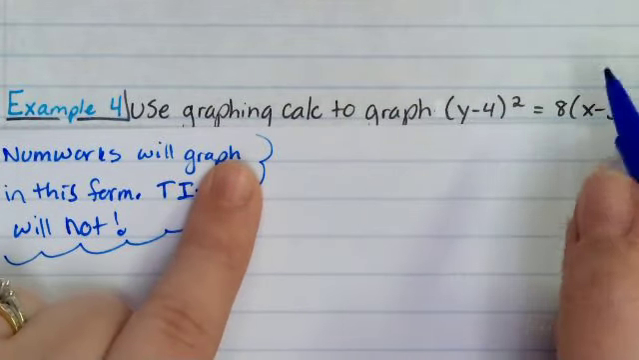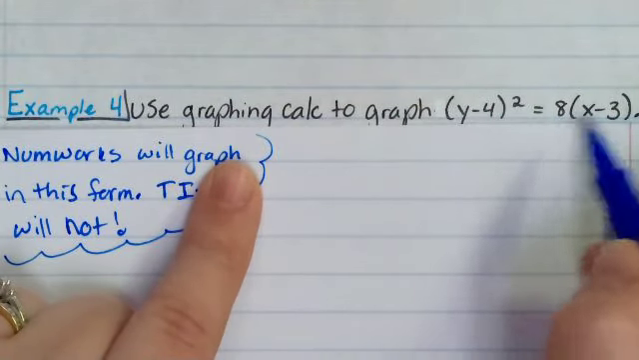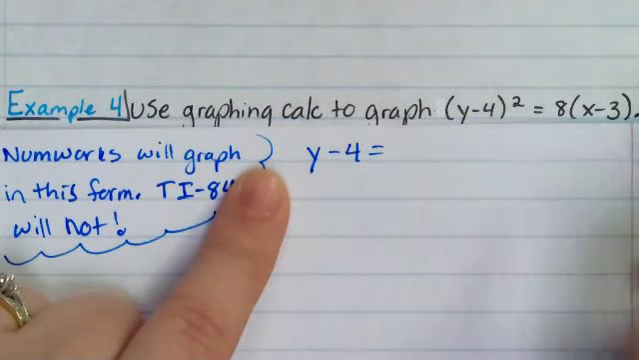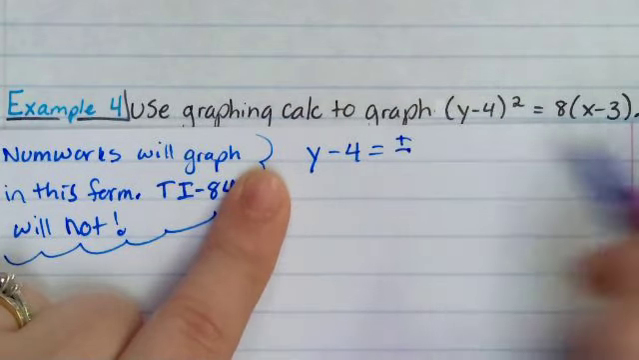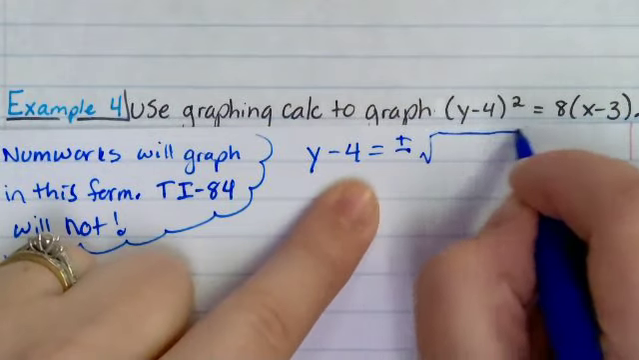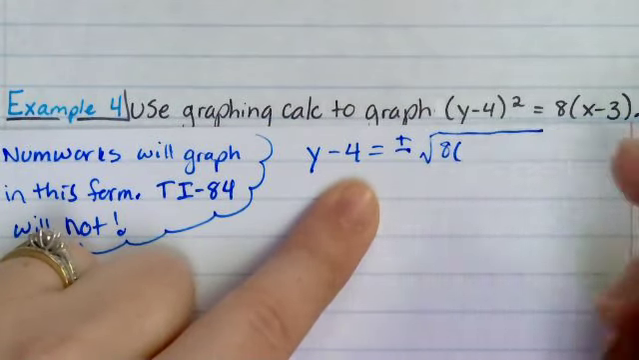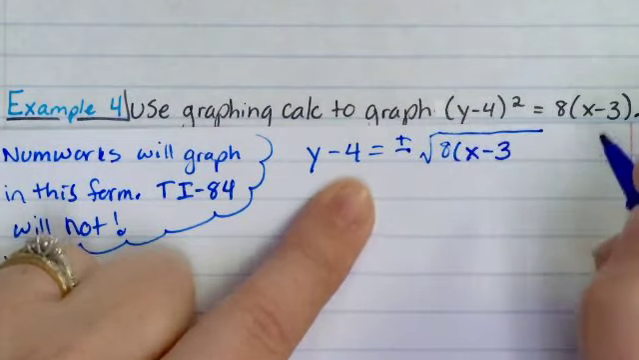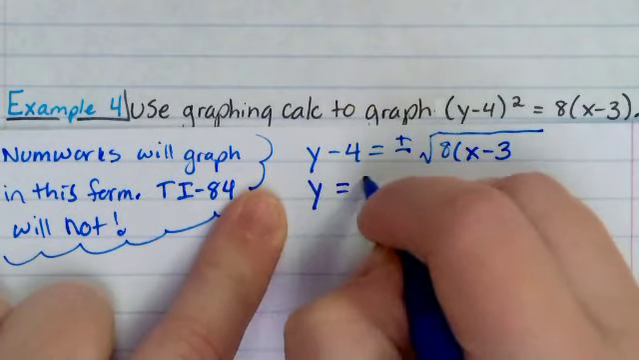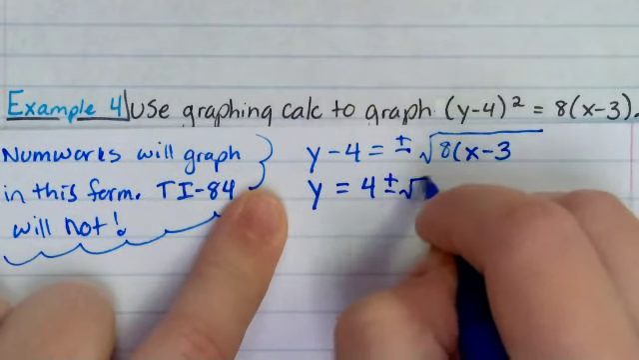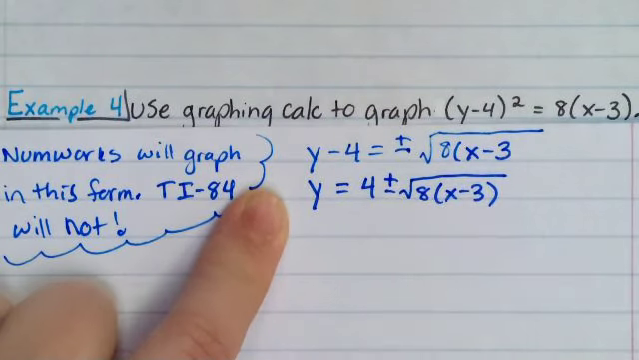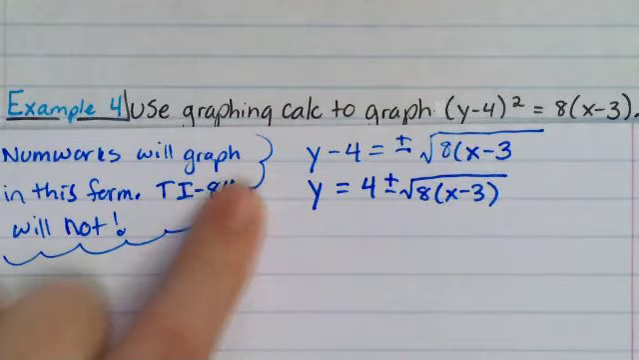So what I would do is I would first square root both sides of your equation. That would just look like y minus 4 equals plus or minus the square root of 8 times x minus 3. I want y equals, so I need to add that 4 over. So this would be 4 plus or minus the square root of 8 times x minus 3. And you could try to simplify that 8 out if you wanted to, but honestly,